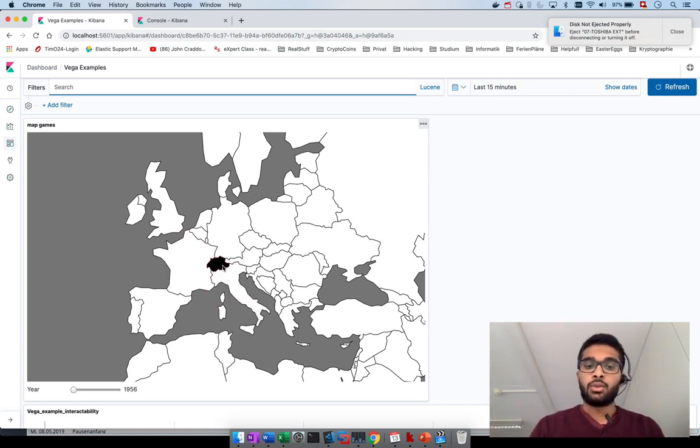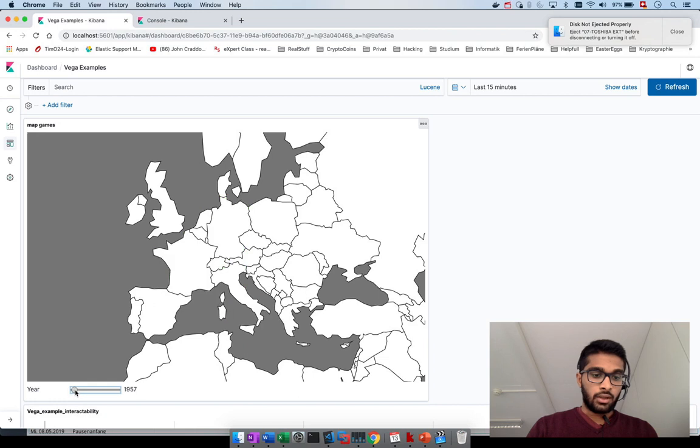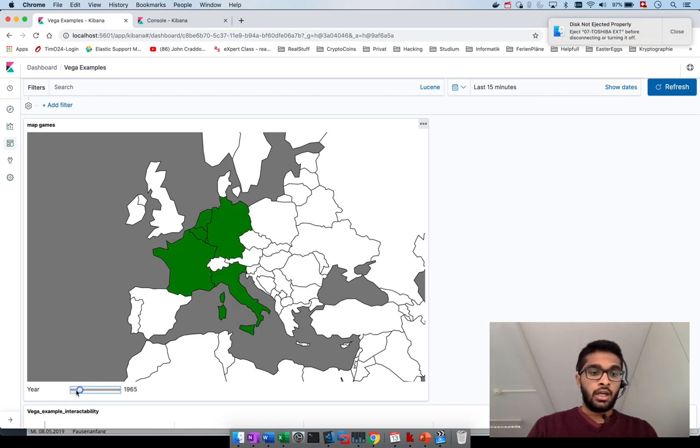So the data will include Switzerland, for example, with the form of Switzerland and where it is positioned. And I also have one thing here that shows the year, which you can select with the range selector,